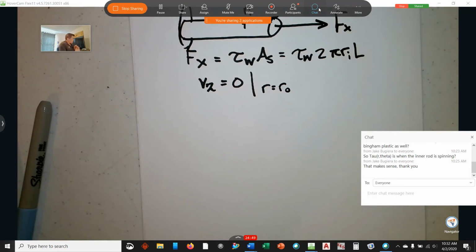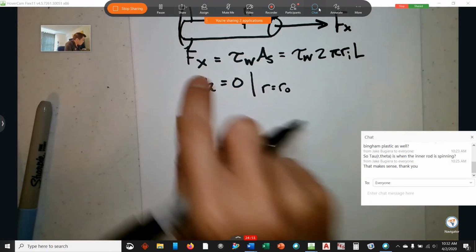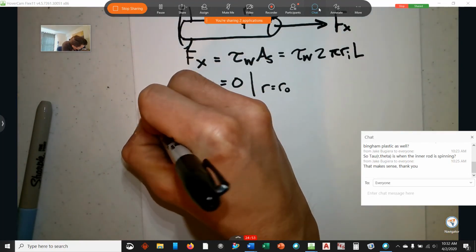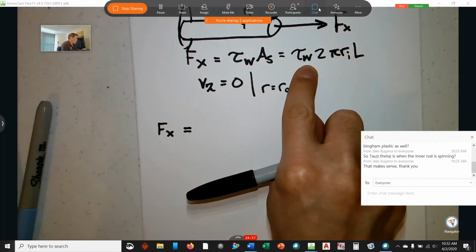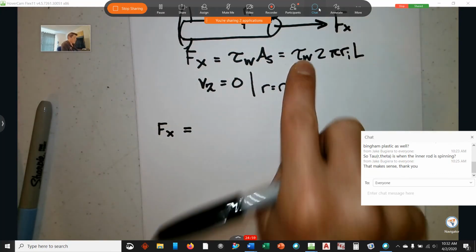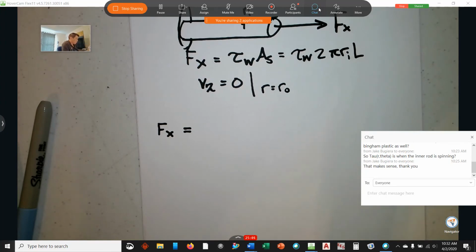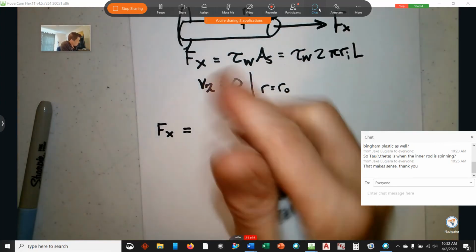And let's see, we can make use of this first boundary condition. Let's do that first. Fz equals, we again have the shear at the wall is negative mu dvz dr